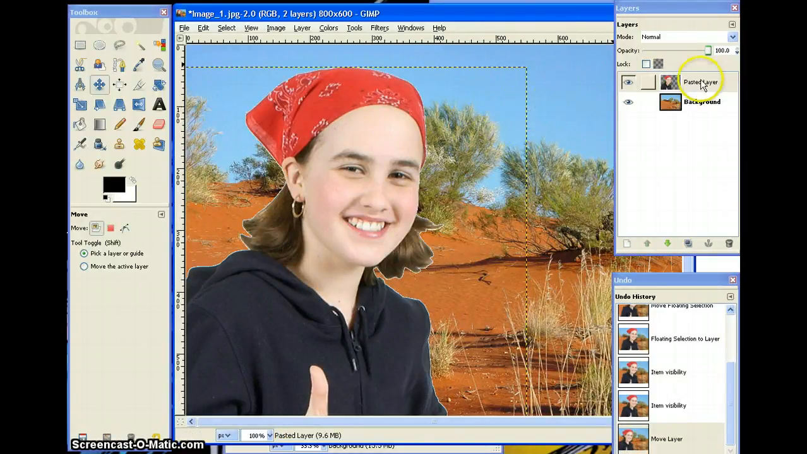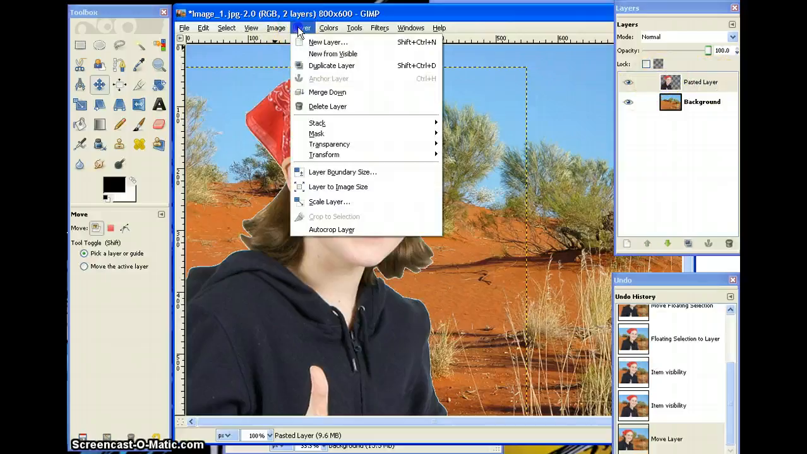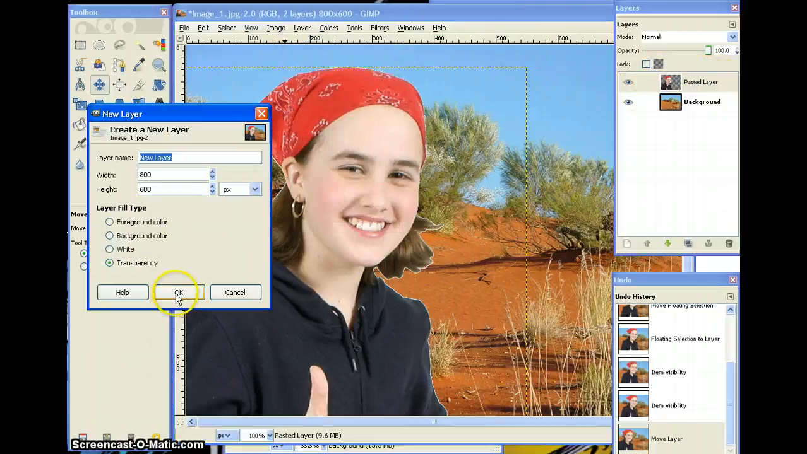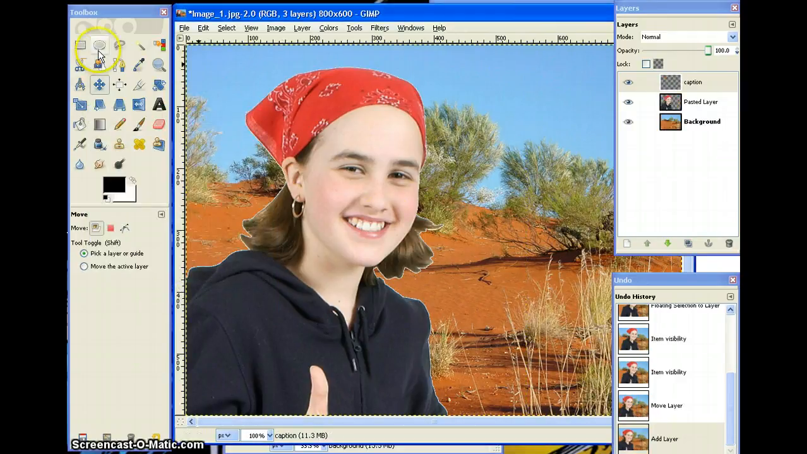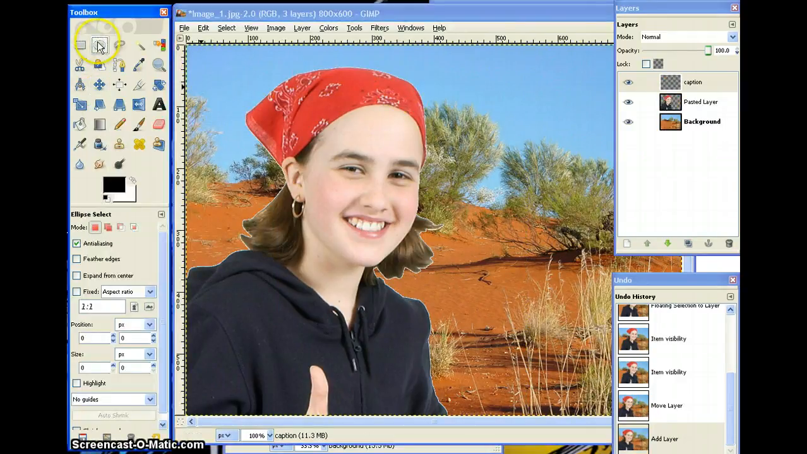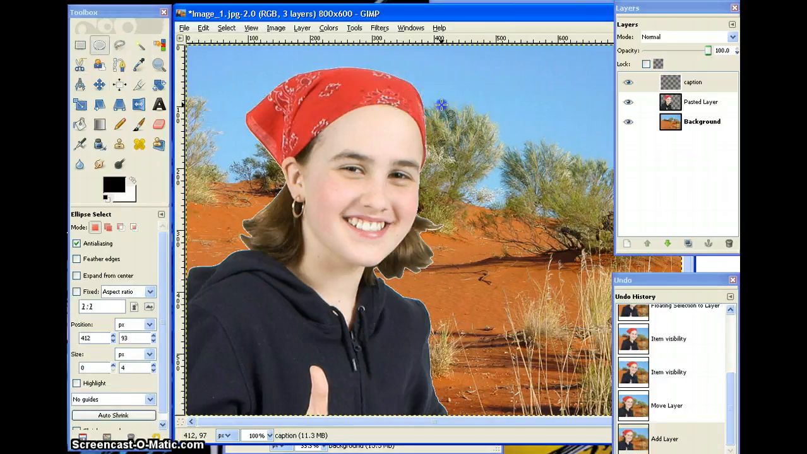Now, to make your caption bubbles, I would make a new layer as well. So go ahead and start with a new layer. And you might even call it caption. We're going to say OK. And then I'm going to take my ellipse tool and create an oval. Then I'm going to take the path tool while it's still there